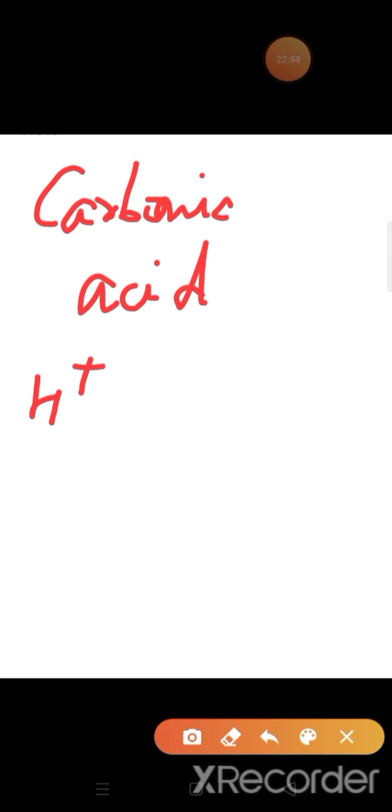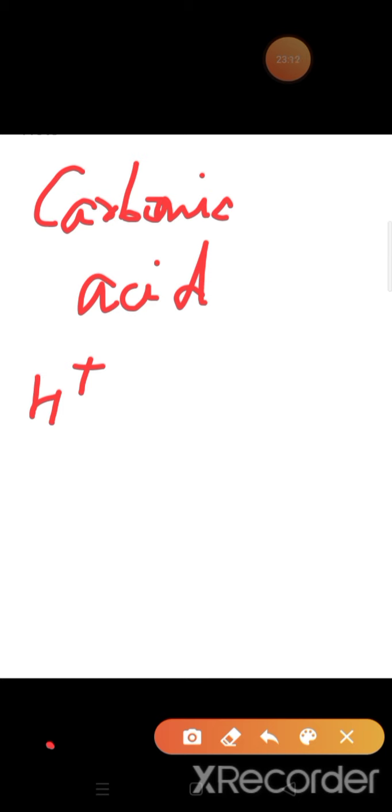When the word acid is used in a name and the forward part ends with ic, then when it is used as an anion, its name ends with ate. That is the relation of ic with ate,